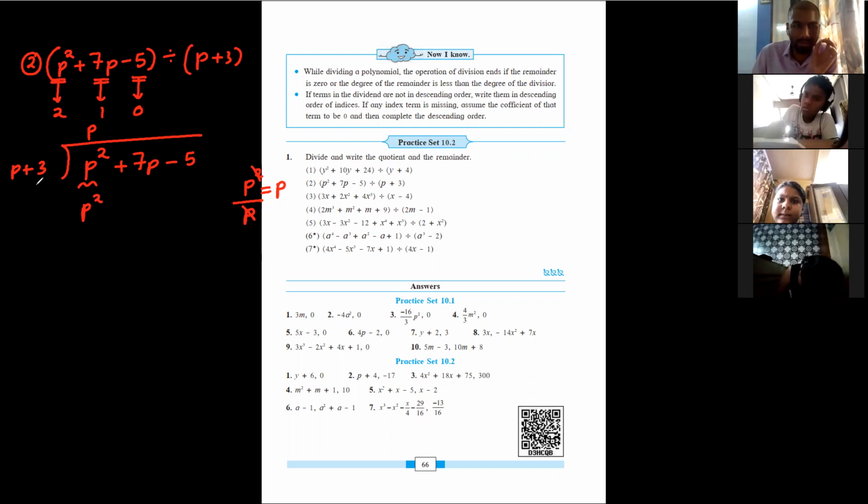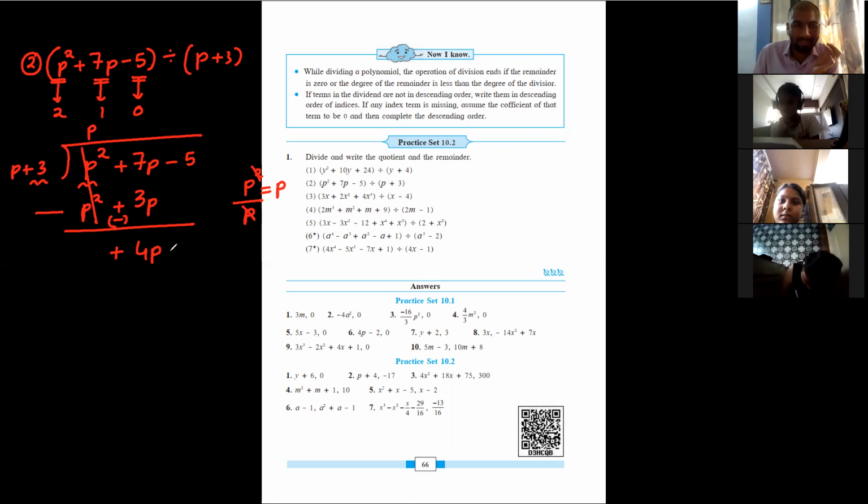One important thing over here is you have to also multiply the 3 with the p. So 3 into p will be 3p, plus into plus is plus. This is one important step which you have to pay attention to. Next we'll subtract. On subtracting, p square will get cancelled. Here instead of plus, the sign will change to minus. Now in 7 and 3, the greater number's sign is plus. Plus and minus, so the signs are different. We'll subtract both of them. So 7 minus 3, our answer will be 4p.